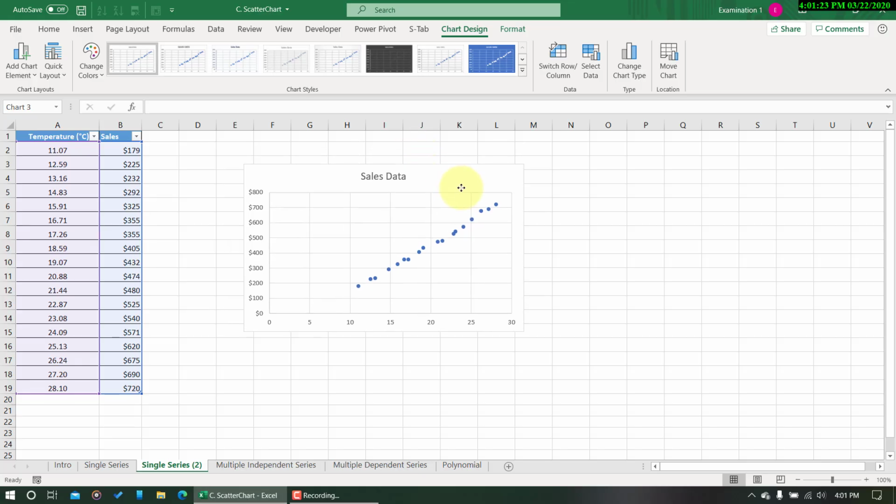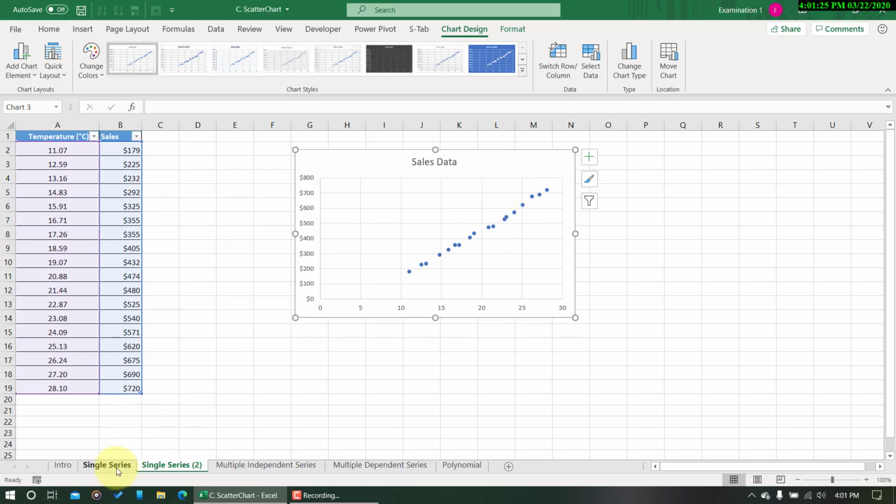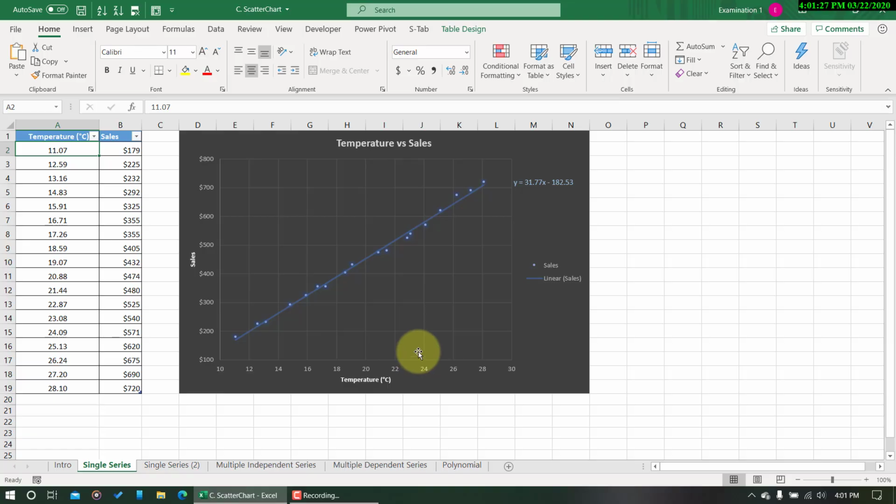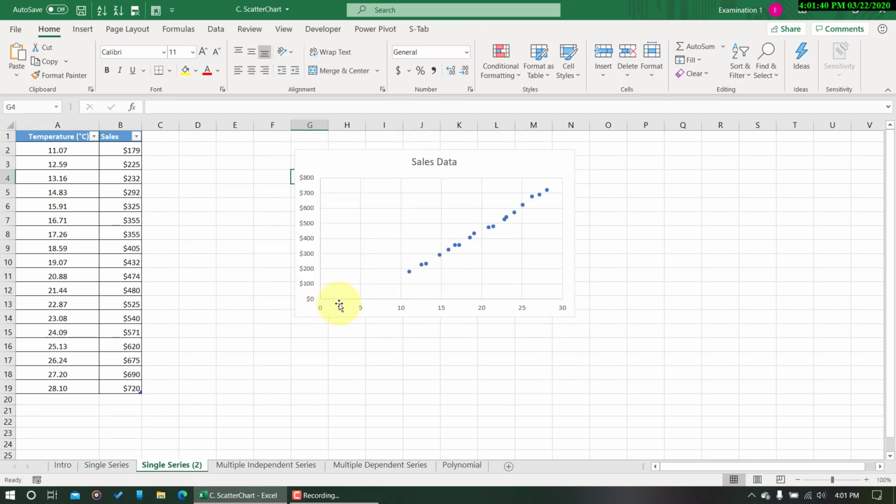Okay. Now this is what I have got, and this is what I am trying to make. Now if you look at this graph, you'll find that there is very little space on this side, because there is no data from 0 to 10. The data is starting after 10, and in the x-axis from 0 to 10 there is no data at all. So I do not need this free space. So what I need to do is my x-axis should start from 10 and go all the way up to